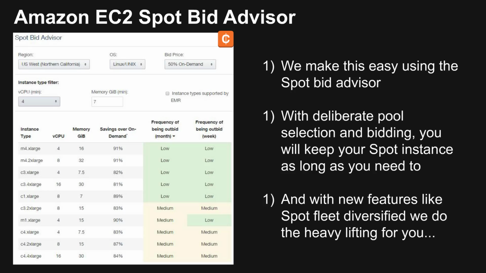But what it lets you do is it lets you plug in some values. And in this case, we're saying we need instances that have at least 4 virtual CPUs, instances that have at least 7 gigs of memory, and I'm willing to bid 50% of the on-demand price. And so the Spot Bid Advisor will then spit out a list of results based on real historic pricing, and just show you, had you bid this strategy over the last month and week,